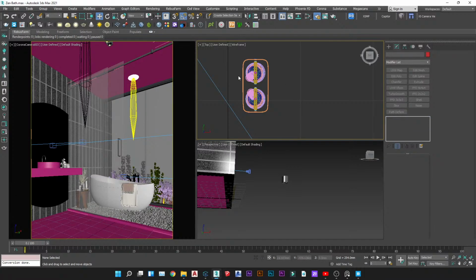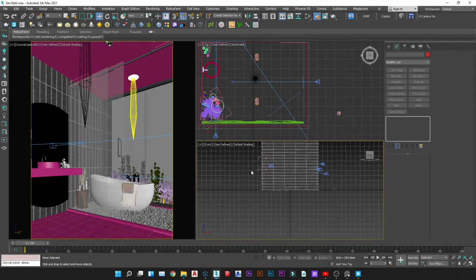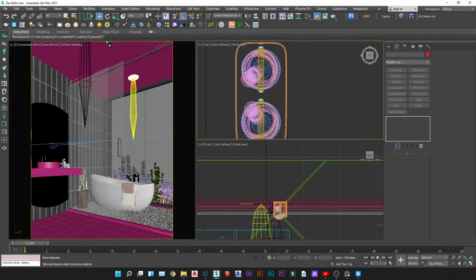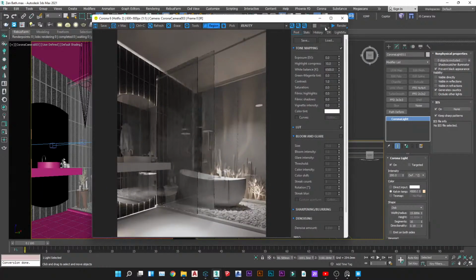Switching off visible to reflection too. Then, aside, that is okay. So we have